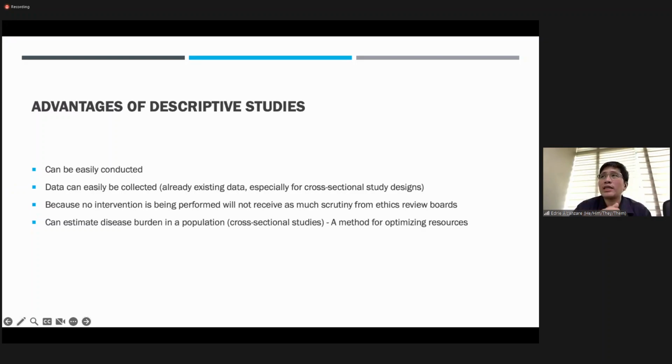With descriptive studies, this will easily overcome that barrier because no intervention is being done. Okay, and descriptive studies give you a rough estimate of the disease burden in a population, particularly with your cross-sectional studies, which allows you to optimize your resources. Okay, so cross-sectional studies that are descriptive allow you to make spot judgments and say, oops, we're going to need more